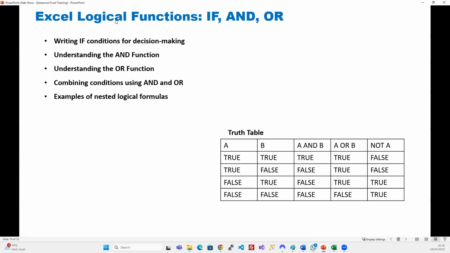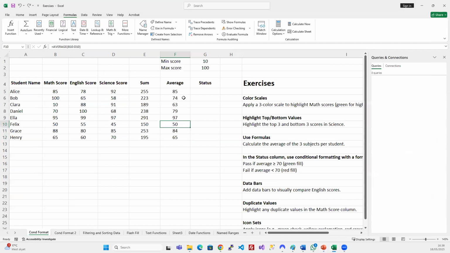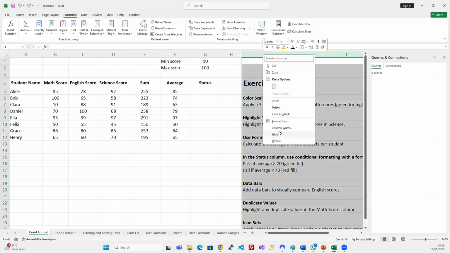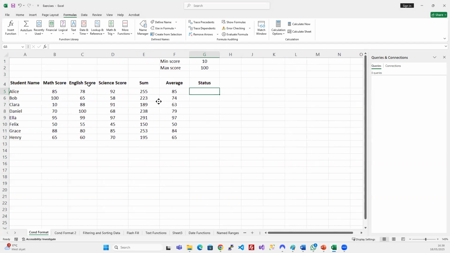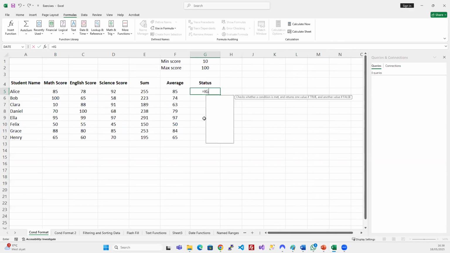Then the logical functions. So these are functions that do some kind of logical operation. I already gave you a small taste of it when I used the if function. I'll just hide this for now. When I said here, if, and you see it's so easy to write if functions, right? It asks you for a logical test. Score, math score, is less, let's use the less than,